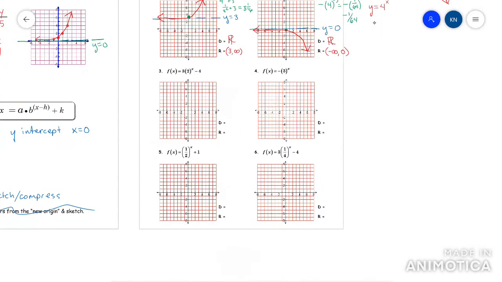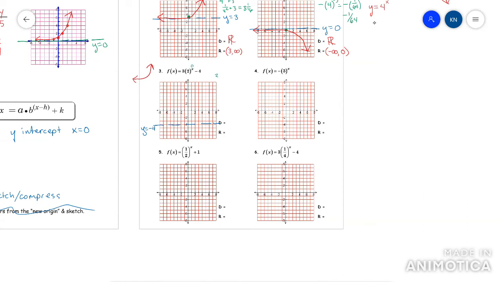All right, this next one. The first thing I do is I figure out the shape. This is a 2 to the x, so it's an exponential growth. So it's going to look like this. The next thing I do is I get my asymptote, which is -4. So y equals -4 here. All right, and then the last thing I do is I get my y-intercept by plugging in